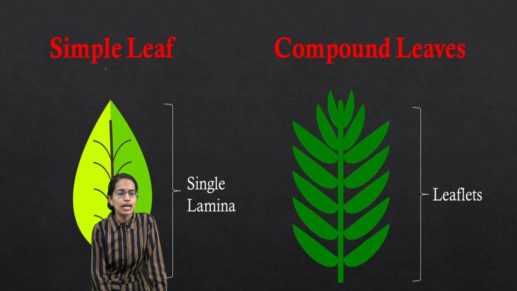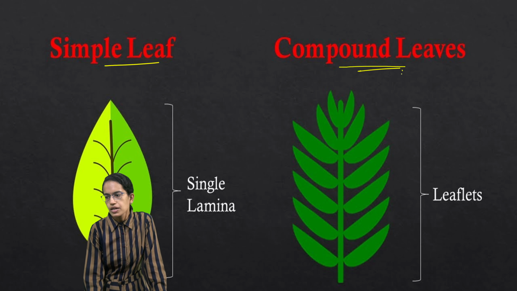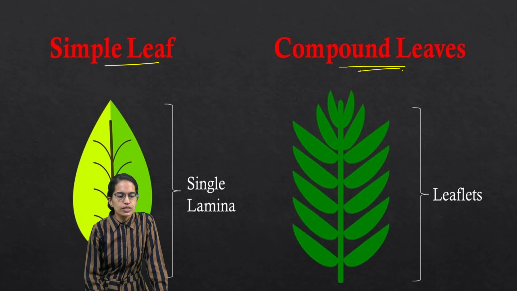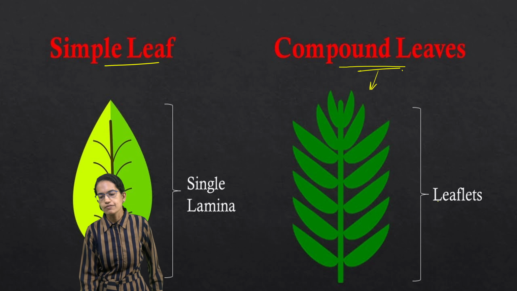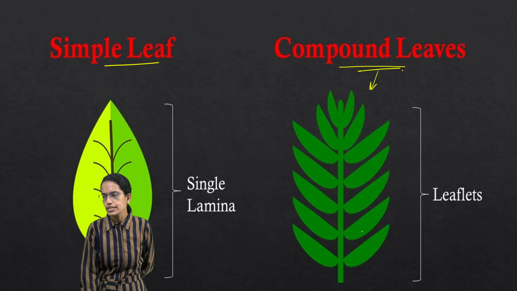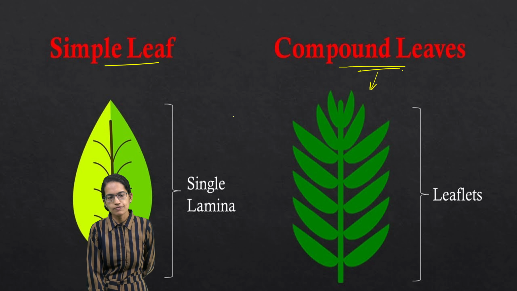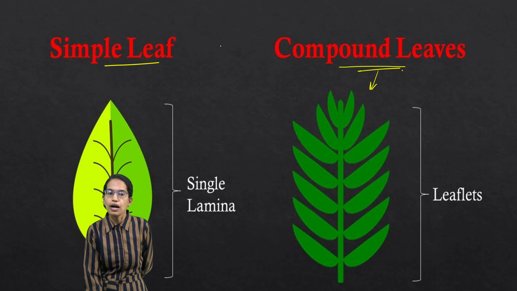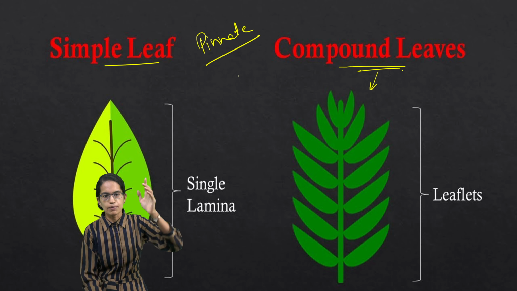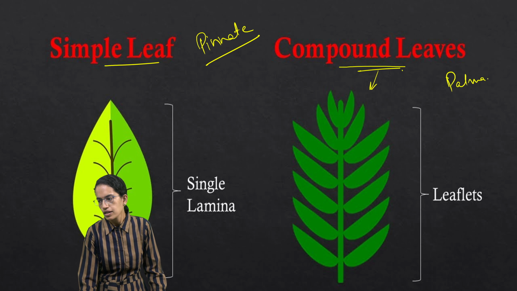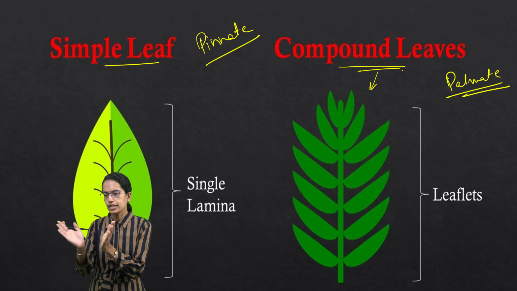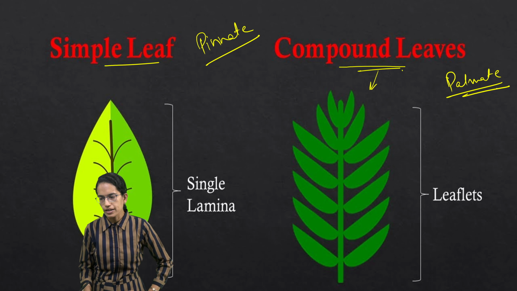Then we have understanding of a simple leaf and a compound leaf. Now simple leaf is a leaf in which the lamina remains one, it is not divided. However, here the lamina is divided into small leaflets and this is where we say it is a compound leaf. Now both the leaves could be pinnate or palmate, as we said. Pinnate runs from the center till the midrib and then you have the secondary venation. However, under palmate there is petiole and then leaflets are seen which are bifurcated.